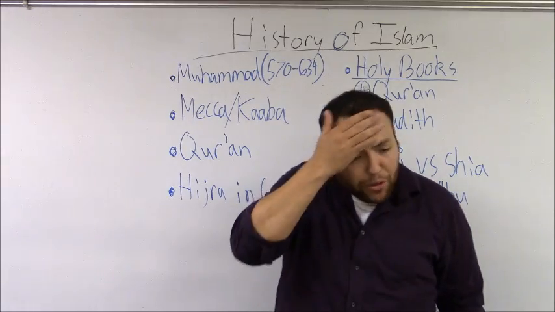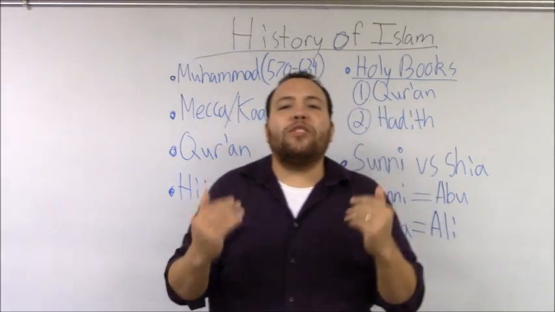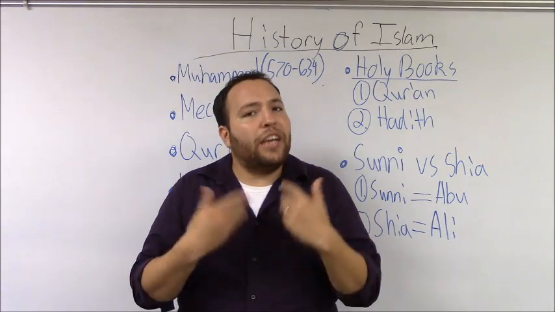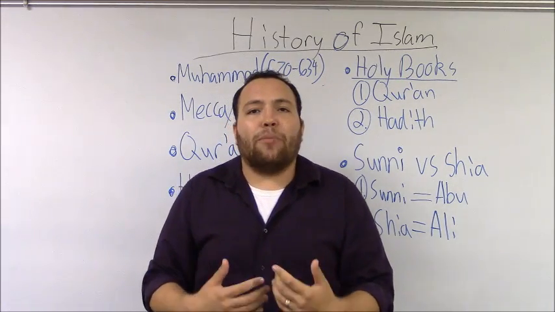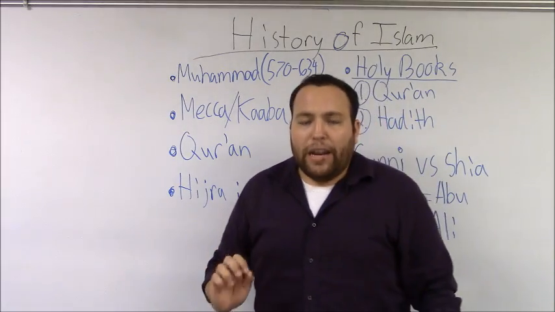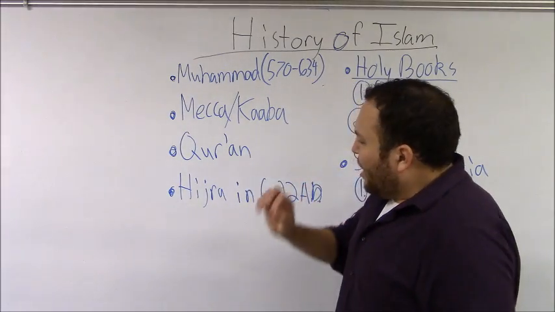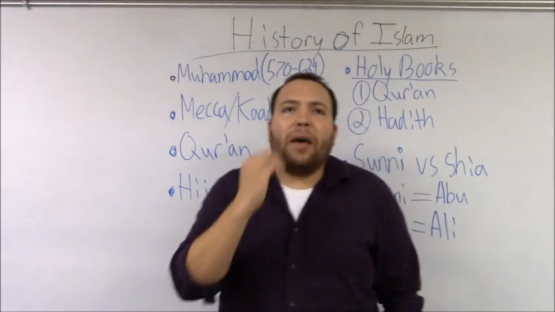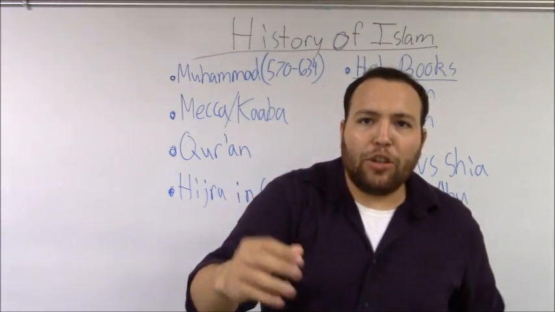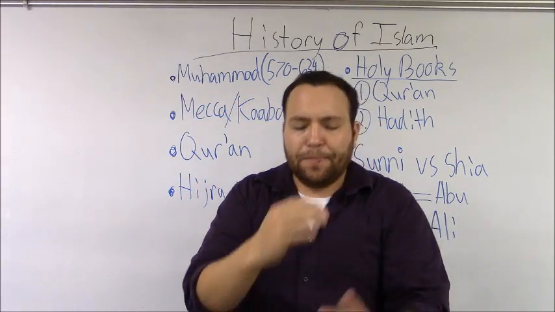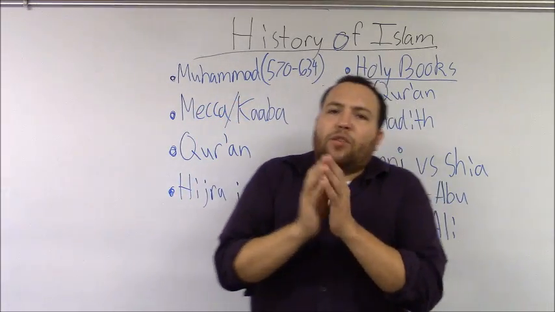So Muhammad was probably illiterate, but he begins receiving these messages from the angel Gabriel. He begins to tell people what the angel Gabriel has been revealing to him, and eventually people write those messages down. And it's when they write it down, this is the Quran. It's the message that Gabriel gave to Muhammad that Muhammad then relayed to the scribes. And the Quran